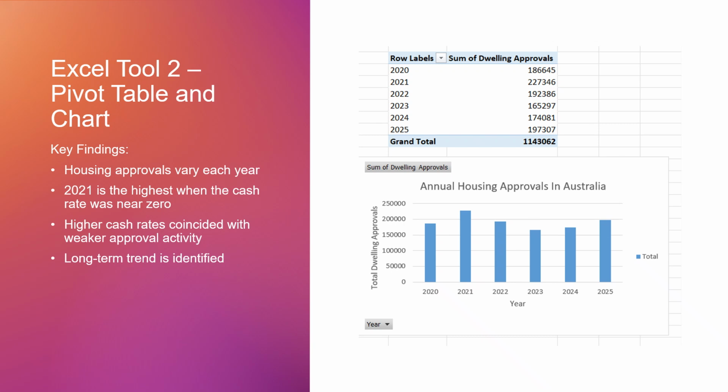The analysis shows that approvals varied over the period and generally weakened during periods of higher cash rates. So as discussed, in 2021 where the cash rate was near zero, as you can see the approvals are at their highest point. However, there is a major decline in 2022 and furthermore in 2023 when the cash rates increased beyond that 3 to 4% mark. For businesses operating in the property and construction sectors, these tools can assist with forecasting future trends, planning, adapting to changes, and implementing strategic decision making.